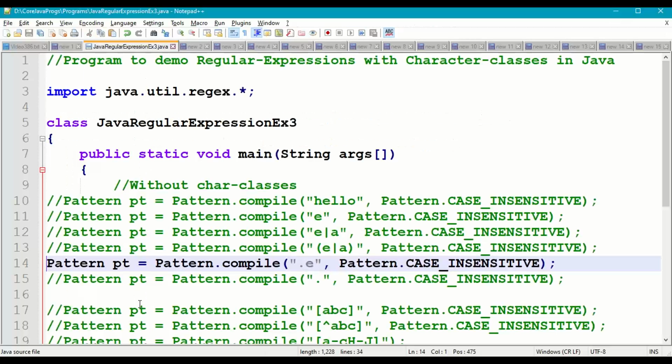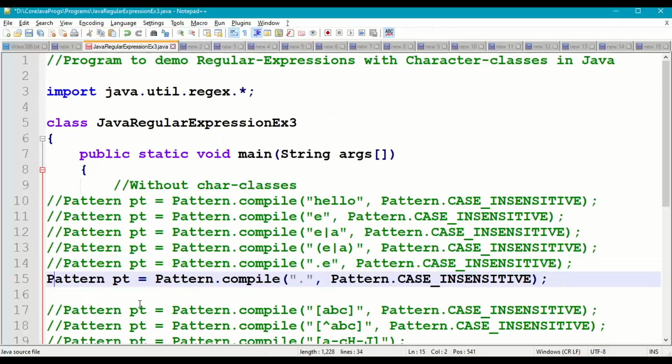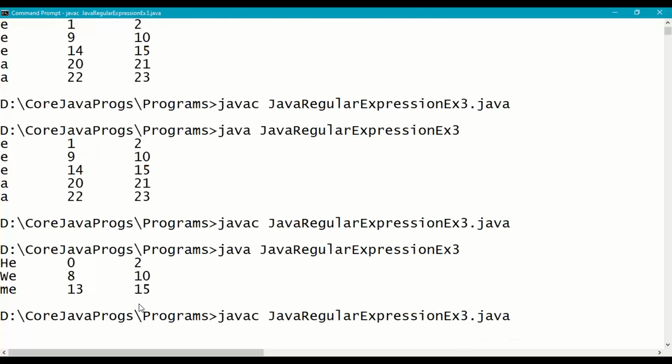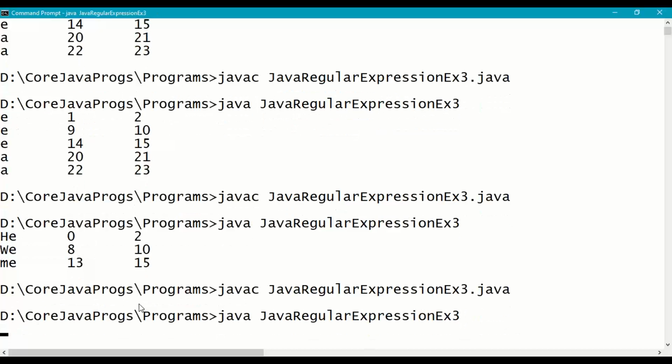Right. So next case, without a character class, the dot. The dot indicates any character. Any character means uppercase, lowercase, digit, special character. So save this, recompile, and run.